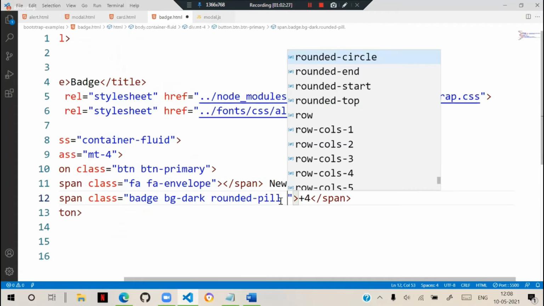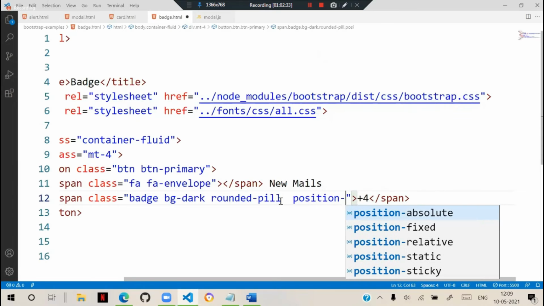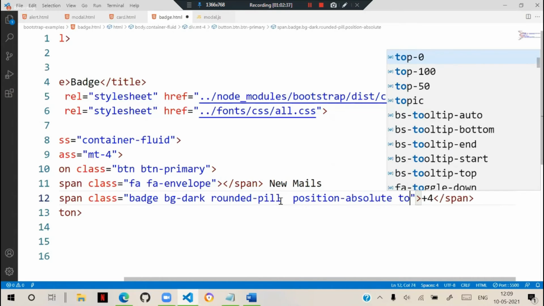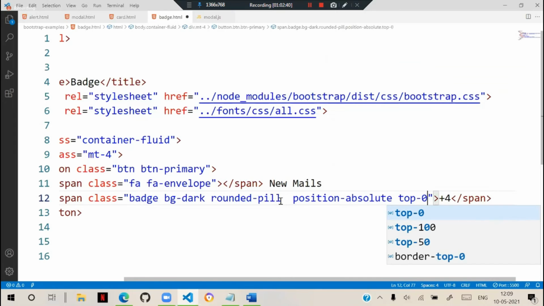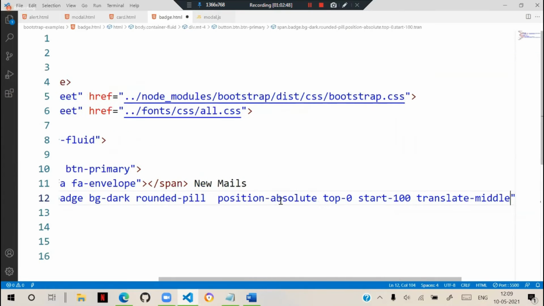So the transformations and positions we need to change. I can use position absolute, top 0, start 100, and define translate middle. We need to keep some more options to change the appearance.